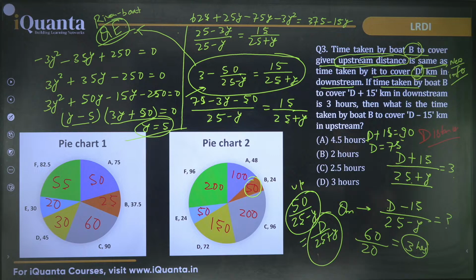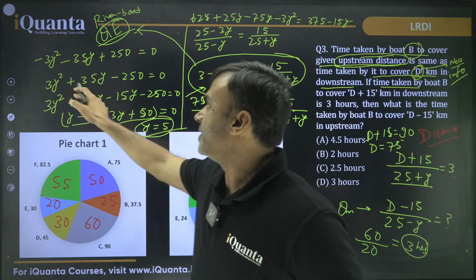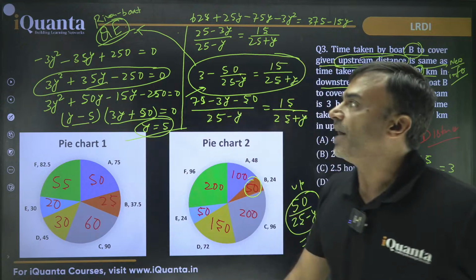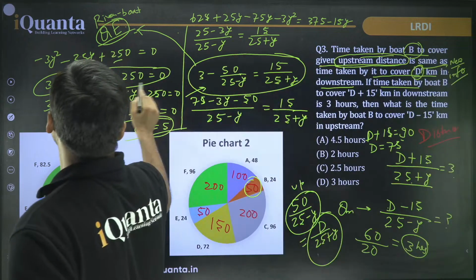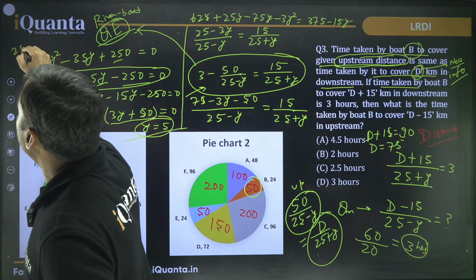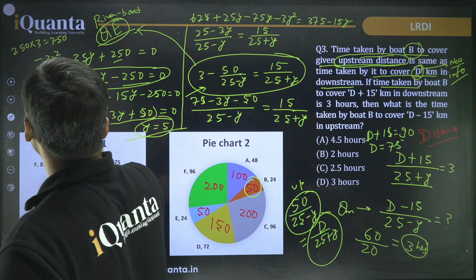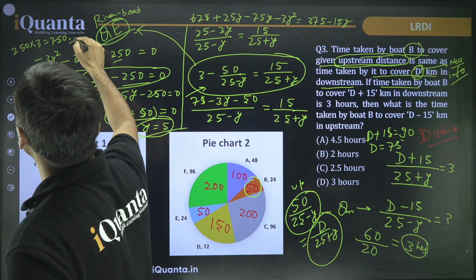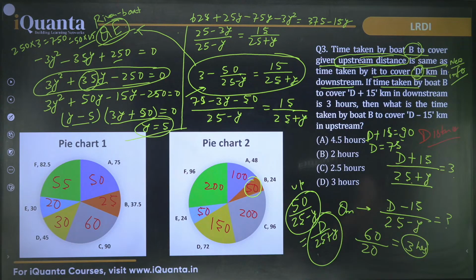Yes, Sangesh, bolo. Minus sign common and cancelled, so 3y square. And now this is a quadratic. Middle term split kiya, 50 into 5, 50 into 15, that is 750, hai na? 250 into 3, 250 into 3, 250 into 3, that is 750, right? And 750 ko break karo do parts mein, difference should be 35. So it is 50 into 15, right Sangesh? Usse aaya.